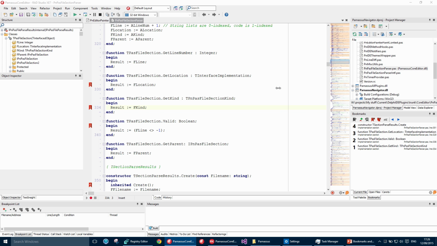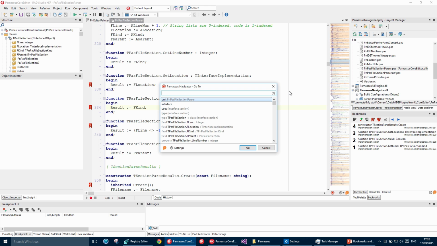Just press Ctrl+G, G for Go, and this window pops up. This window lists everything useful and important in the current unit. It lists all the unit sections, the interface and uses and type and implementation. It lists all the types that are defined, all the classes, all the records, all the interfaces, all the sets, everything. It lists all the methods, all the constructors and destructors. It lists all the fields, all the variables, all the constants, all the properties, and you can use it by